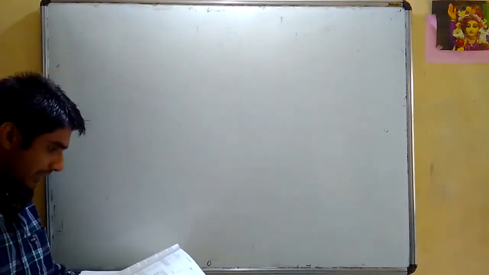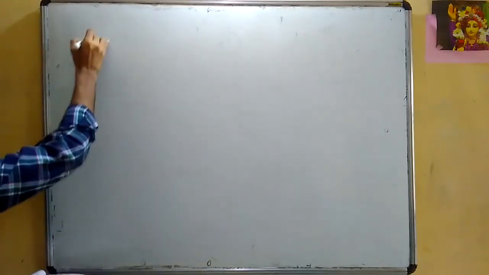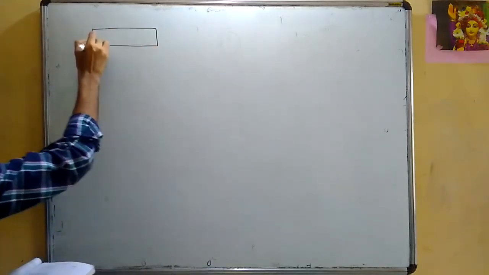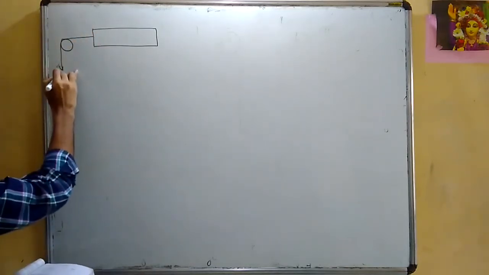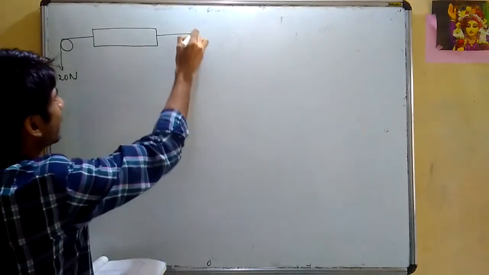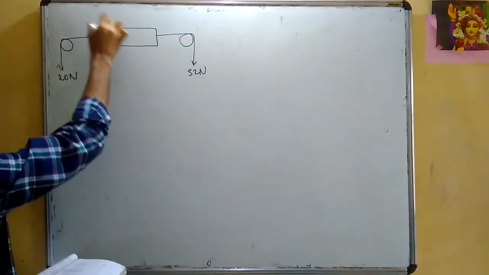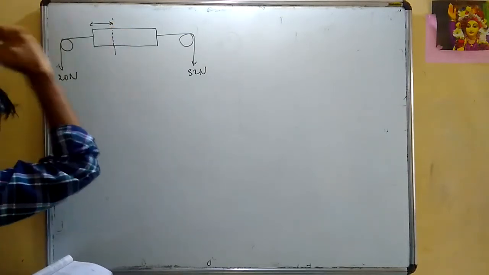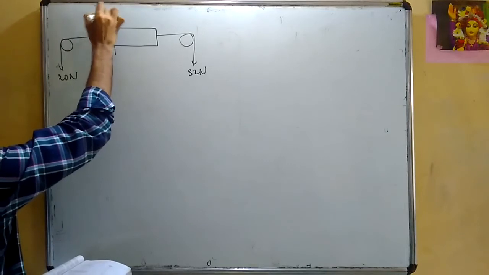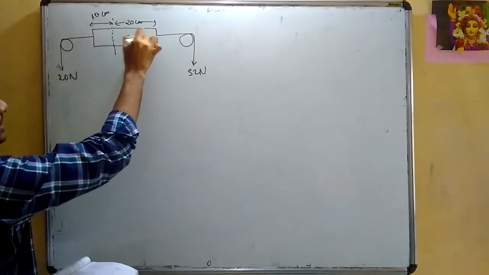Question number 24 is, figure shows a uniform rod of length 30 centimeter and 3 kg. Okay, this is a thick rod and I guess here is a force of 20 Newton and here I am applying a force. This is already given to me in the figure. Now onwards the question will be quite simple because these are figurative things. This is 10 centimeter and this is 20 centimeter given to me in the picture and the mass is 3 kg, right?